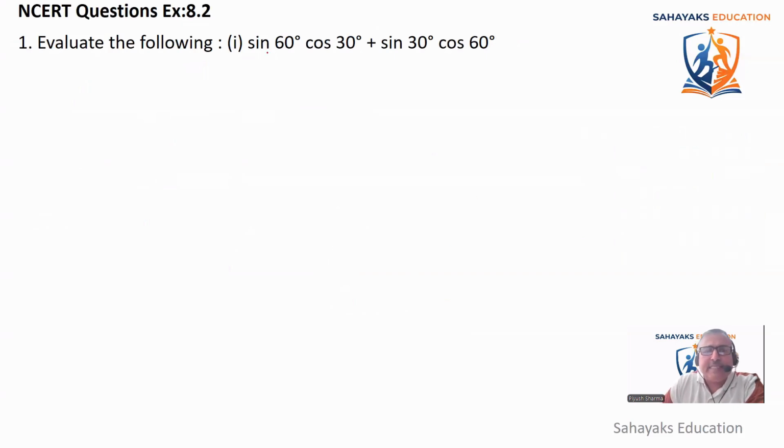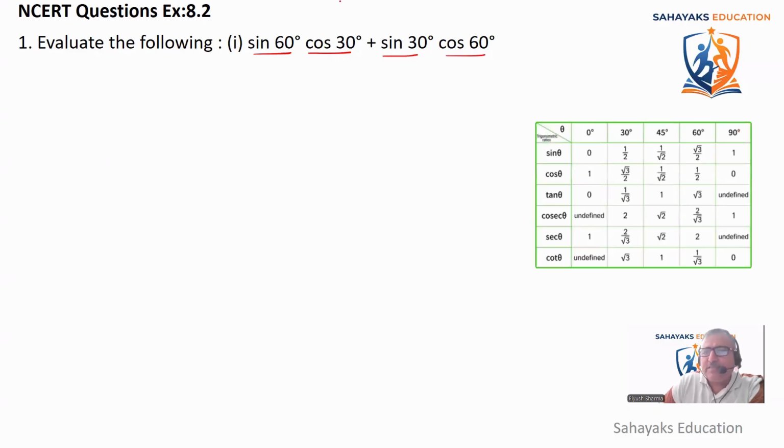Evaluate the following: sin 60 multiplied by cos 30 plus sin 30 multiplied by cos 60. Okay, we have to directly put the values here to get the answer. So how will you put the values? So you know the table. When it says sin 60, what is the value of sin 60 here? Sin 60 is root 3 by 2. So I'll just say root 3 by 2 multiplied by, what is cos 30? Cos 30 comes out to be again root 3 by 2